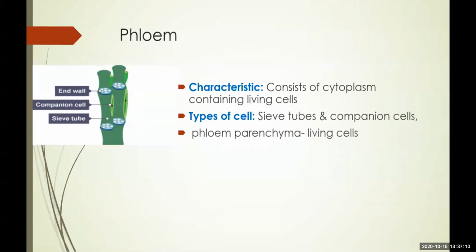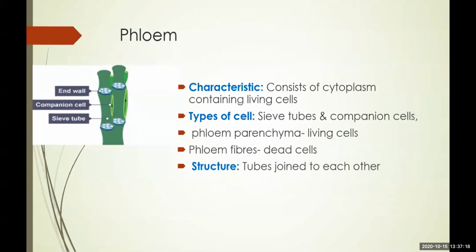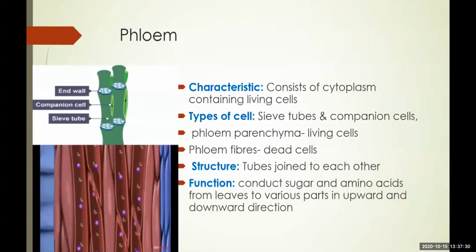It also consists of phloem parenchyma, that are the living cells, and phloem fibers, which are the dead cells which provide support and rigidity to the pipeline that is formed. Again, these are also joint structures. You can see it in this picture. These are the sieve tube cells. These are the companion cells, and these slanting lines you see are the end walls, which have a sieve-like structure, meaning mesh-like structure, which helps in filtration.